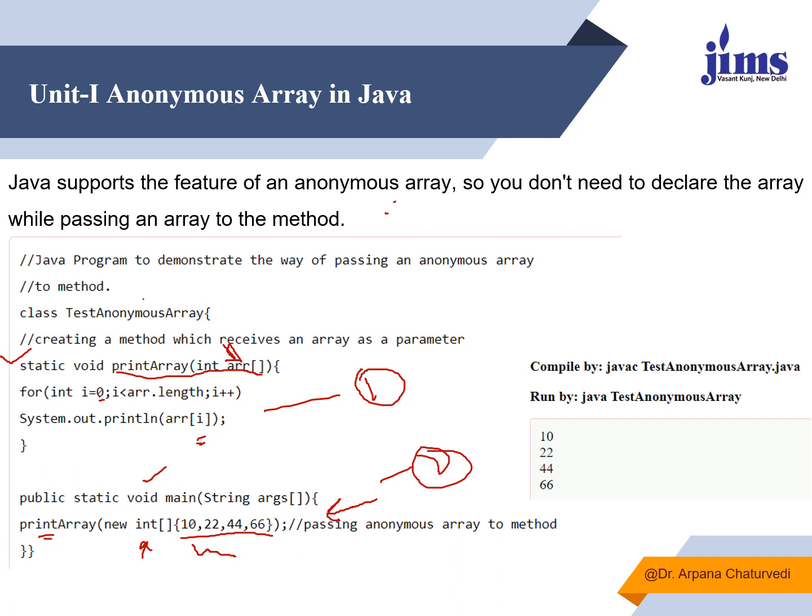So this is how we do it over here. From main I am passing all these arguments. So the calling function is main and the called function is printArray. I haven't declared any array at the time of calling; I am declaring the array and passing it then and there. So it saves time also, and this kind of passing of an argument of an array is known as an anonymous array, which is not having any name, as it's very clear over here. There is no name of an array.